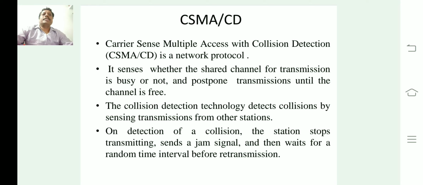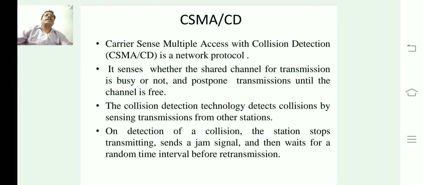We use this protocol if more than one node shares a common path while transmitting data. In that situation we use this protocol to detect whether the path is free. Once the path is free, stations start transmitting; if more than one station starts transmitting, there may be a collision. Once a collision occurs, the data is retransmitted.